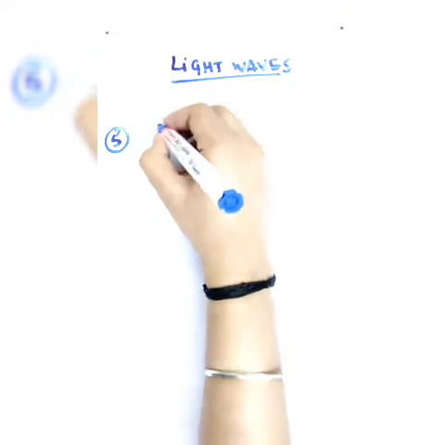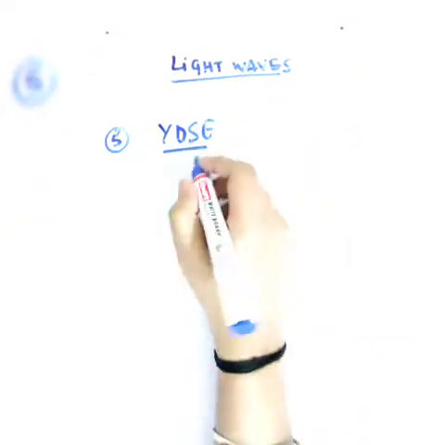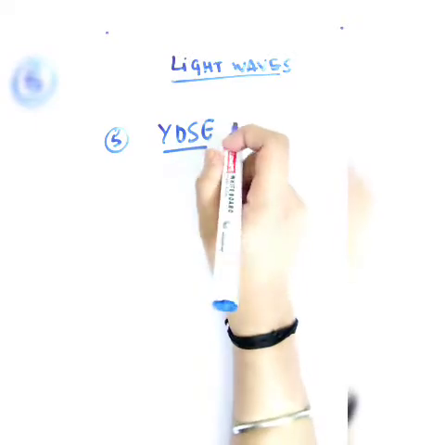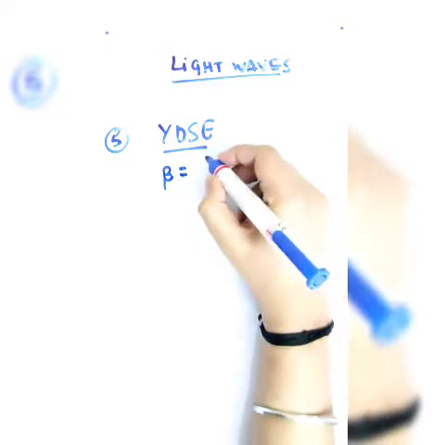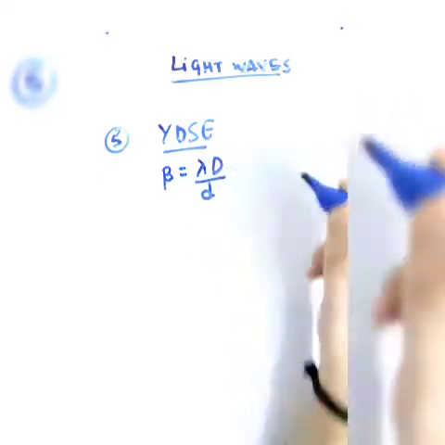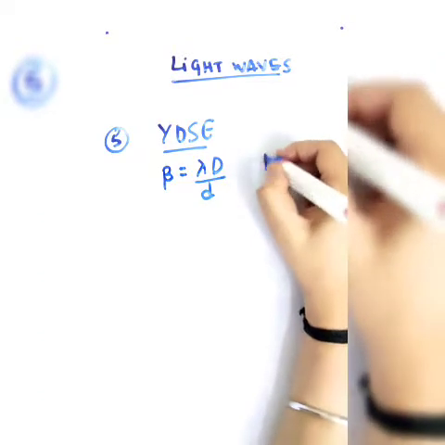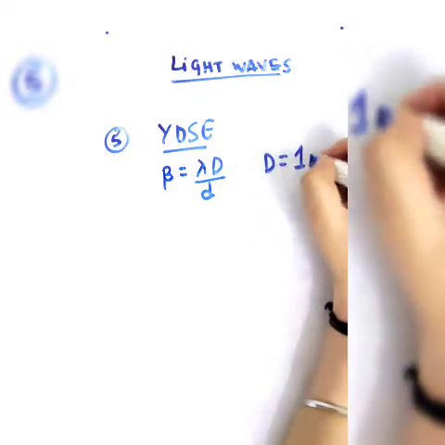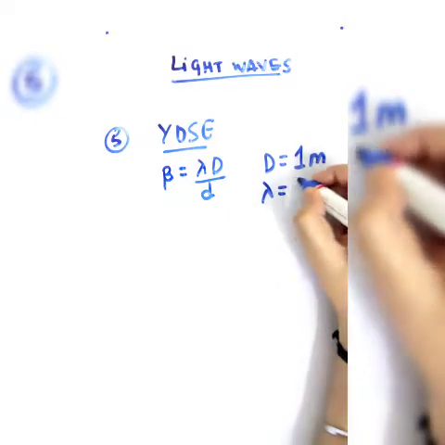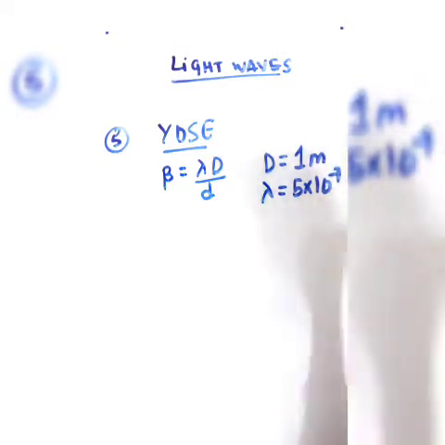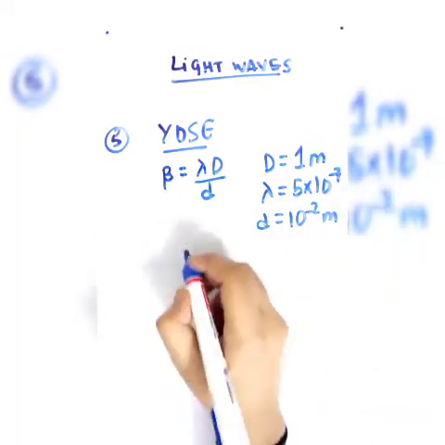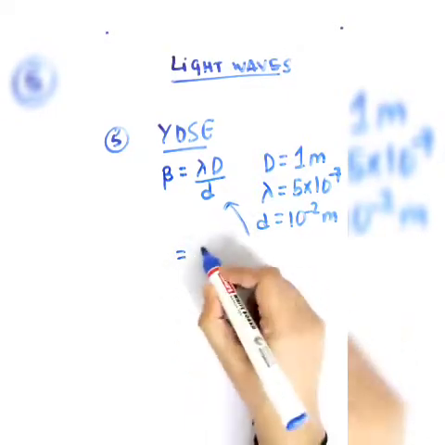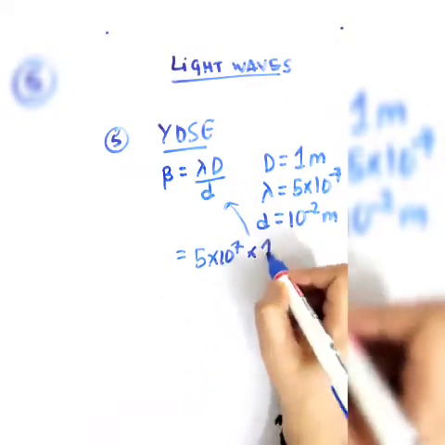Now coming to question number 5. This question is on YDSE, and we are asked to find out the separation between two consecutive maxima. We know that separation between two consecutive maxima is nothing but fringe width, and its expression is lambda D by d, where capital D is the distance between the slit and the screen, so that is 1 meter in the question, and lambda is given to be 5 into 10 power minus 7 meters, and small d is given to be 1 centimeter, so that is 10 power minus 2 meters. Now if I substitute all the values, I will get the answer as